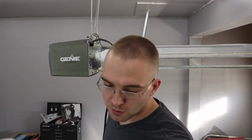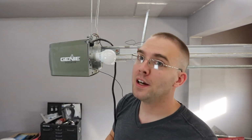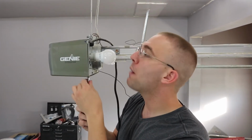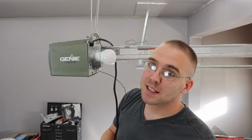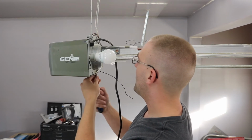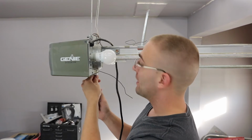So it's a good idea to follow basic receiver or transmitter troubleshooting procedures, like resyncing it with the board before you assume it's the receiver board. Because a lot of times, if the battery dies in the receiver or power is lost to this for long enough, it will unlearn the code and you'll have to reprogram it. It's really just a matter of pressing the learn button right here and pressing the button you want to use on your transmitter. But the reason I know that it's that board, like I said, is because it stopped